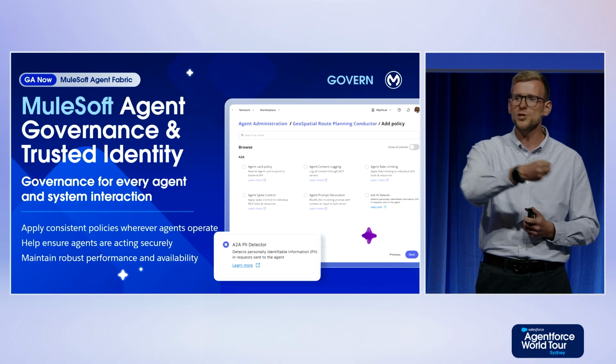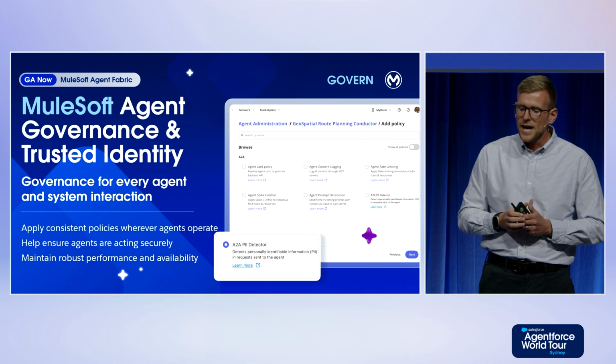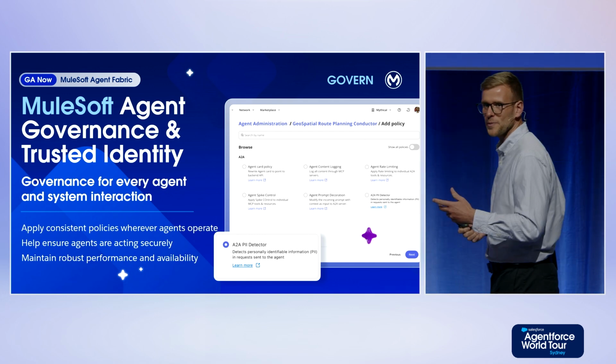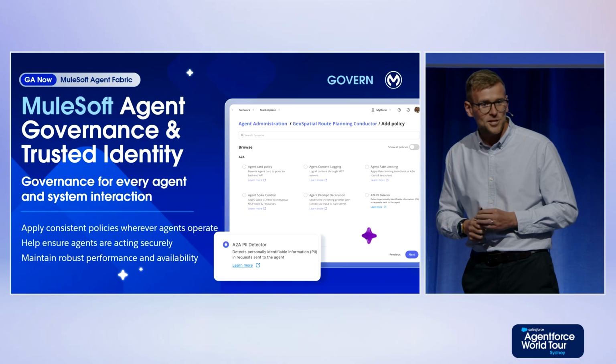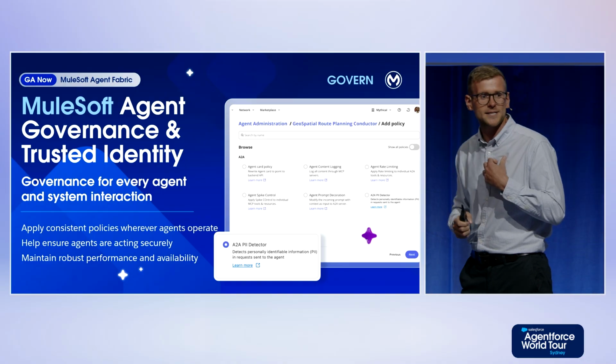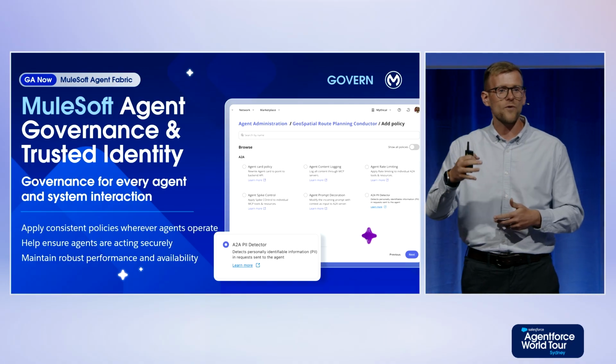You can reuse those same policies now in this agentic space. The other part of this, which I think is an increasingly hot topic in the industry, is authentication. Because actually the other thing we want to make sure is that agents are interacting in the ways that we want them to with the right individuals.